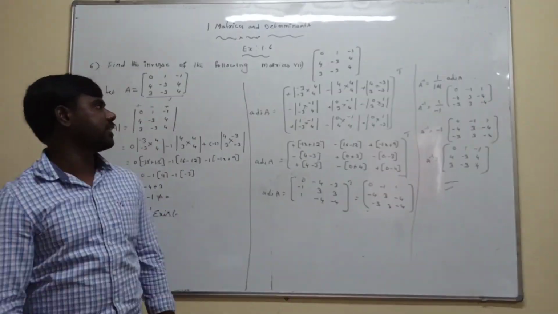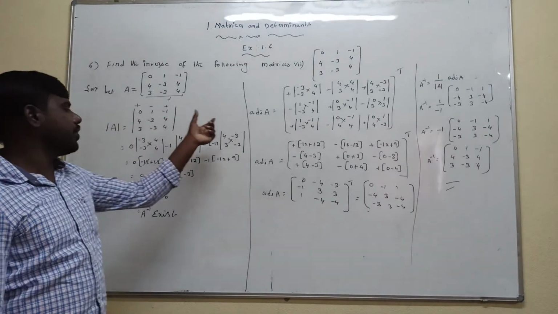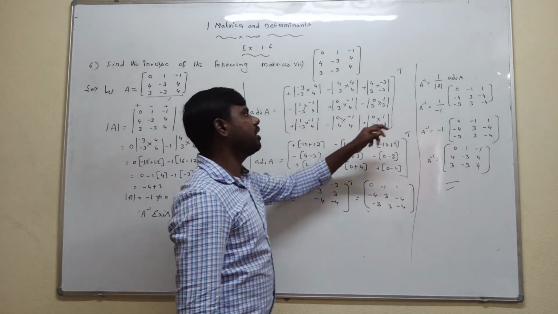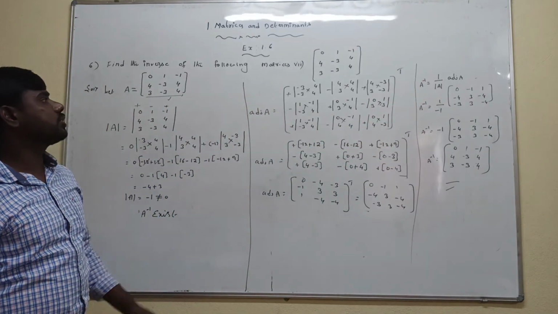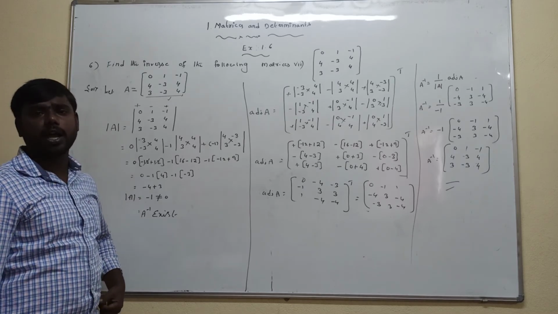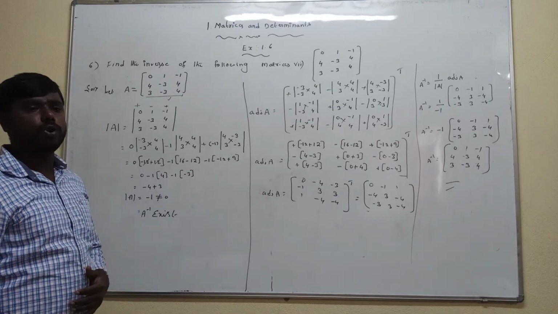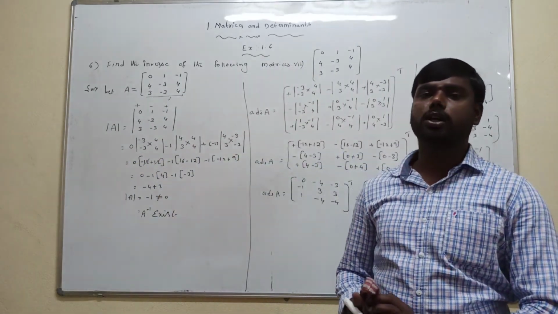So dear students, like that, first we need to calculate the determinant of A. Next we need to calculate the adjoint of A. After that, substitute both values in the inverse of A formula. This is the solution of this question. Next, question number 8, question number 9, question number 10, those three questions also follow the same process. Try the remaining questions. The remaining questions we will discuss in tomorrow's class.